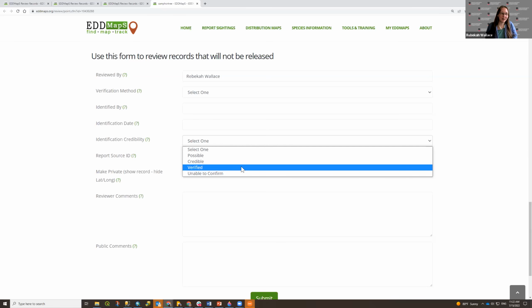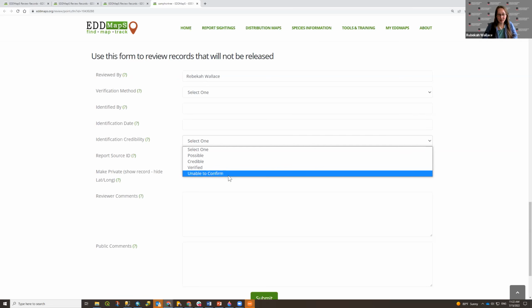Whereas if I'm in an area that has a lot of lookalikes and the photo wasn't that great, or maybe it can't easily be identified from a photo at all, I might lean more towards possible, even though it's the same species. So we leave this up to the verifiers or to a state's verifier network to make decisions on what criteria is appropriate for saying possible, credible, or verified.